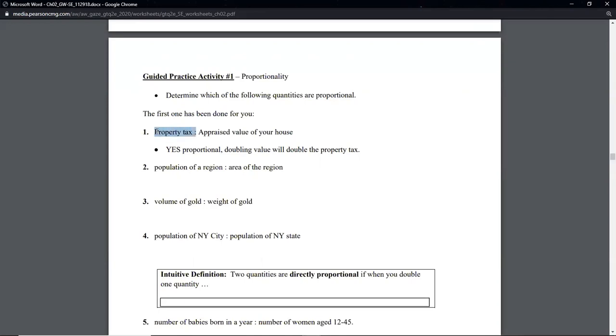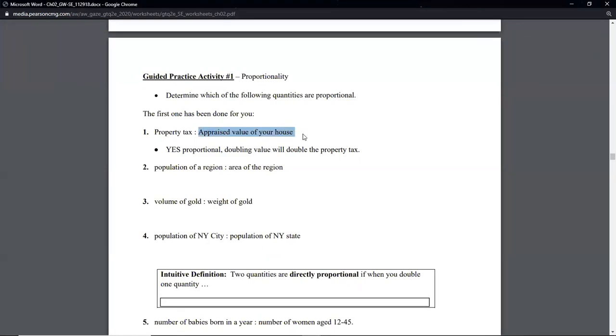So asking it first, then second, for number one is a little weird. If I double the property tax, does that mean that the appraised value of the house has to double? Well, that sounds a little weird in terms of how that thing really works in the real world. You should actually ask the question the other way. So like I said, you might have to ask it if the first, then the second, or if the second, then the first. All right, so the first one didn't quite make sense. So let's say if I double the second thing, if I double the appraised value of the house, does the property tax on the house have to double? And if you know anything about real estate, which we don't expect you to, which is why this one's been answered for you, yes,